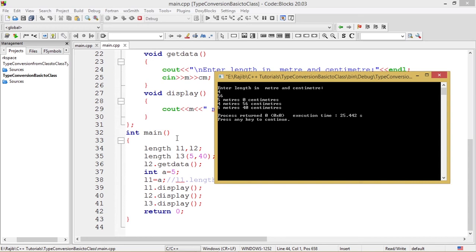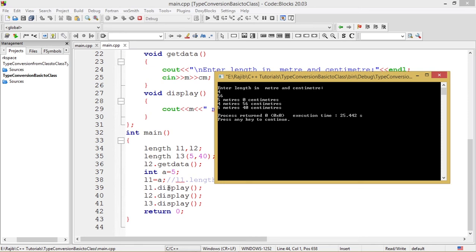So 4 meter and 56 centimeter will be the value which should be displayed from L2 dot display. So let's match that. Yes, we have got this 4 meters 56 centimeter as we have input from the keyboard.